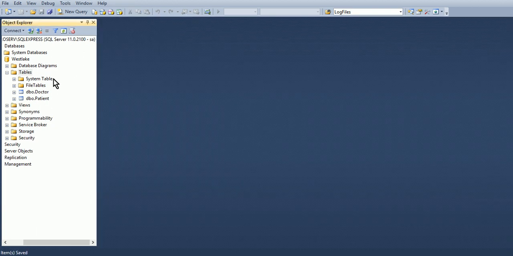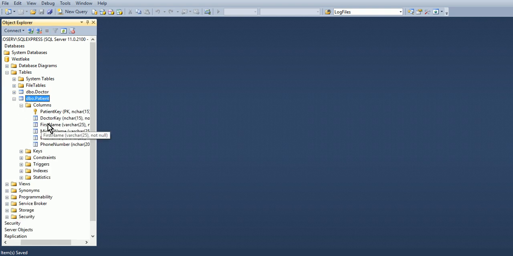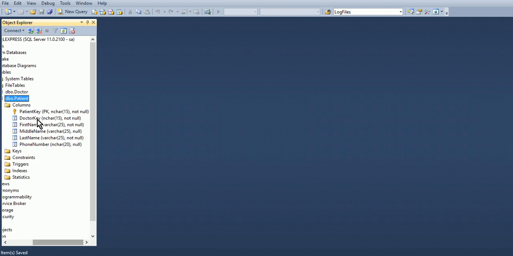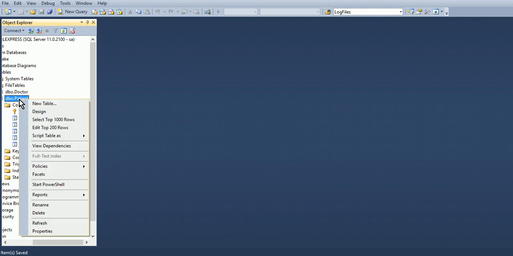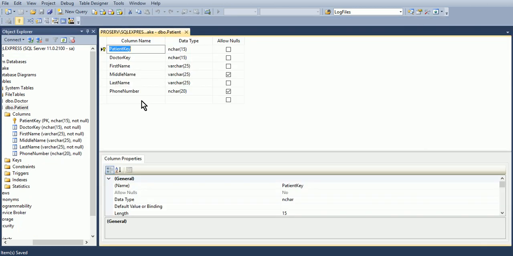You can see in my refreshed list, I now have both a doctor and a patient table. I'm going to expand the patient table so you can see the column names. This would be a good point to pause to make sure that your column names are the same as my column names. If you need to make a change to your table, simply right-click, click on Design, and you can